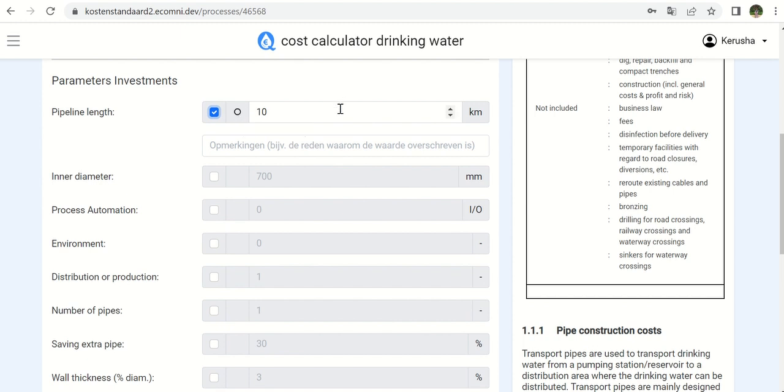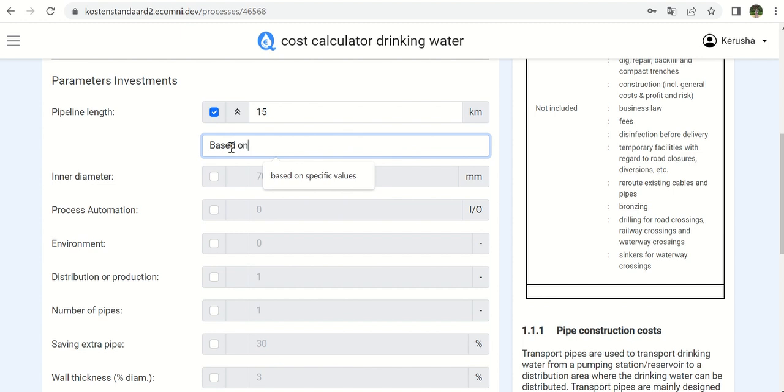If we go higher or lower, you can see the arrows on the left change as well. So I moved it up to 15, but if you also go down to below the default value, you'll be able to see that here as well. So let's keep it at 15 kilometers, and you can see 2 arrows here. And you can add a comment in here, for example, the reason why you changed the value, and for example, we can say based on current